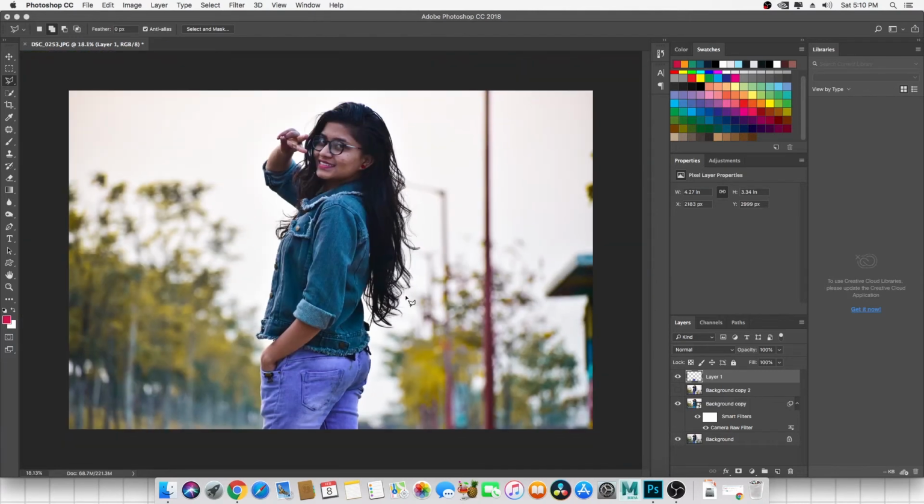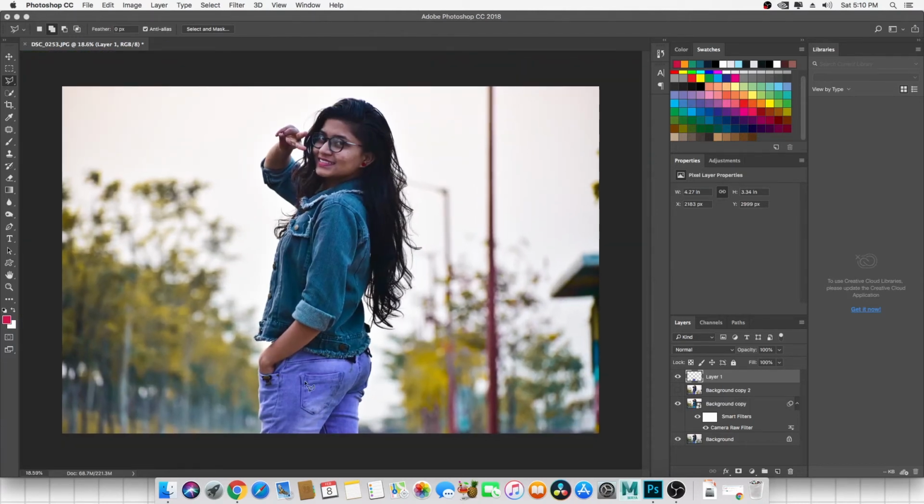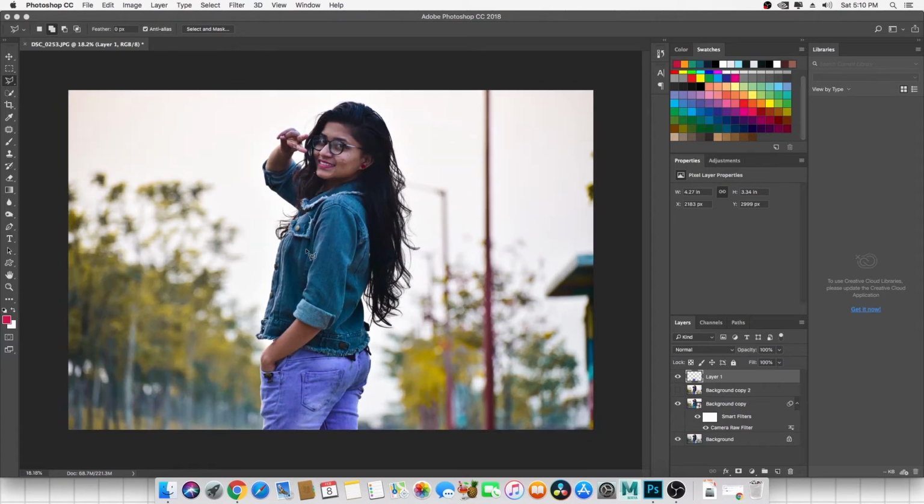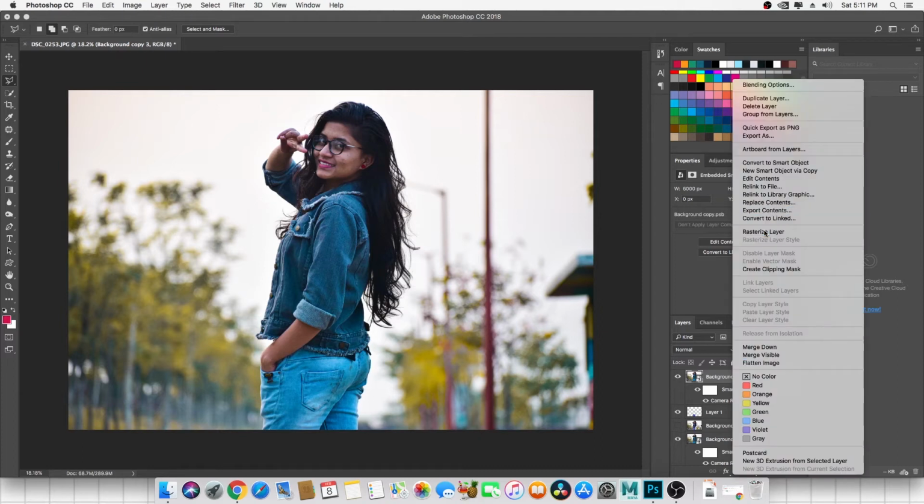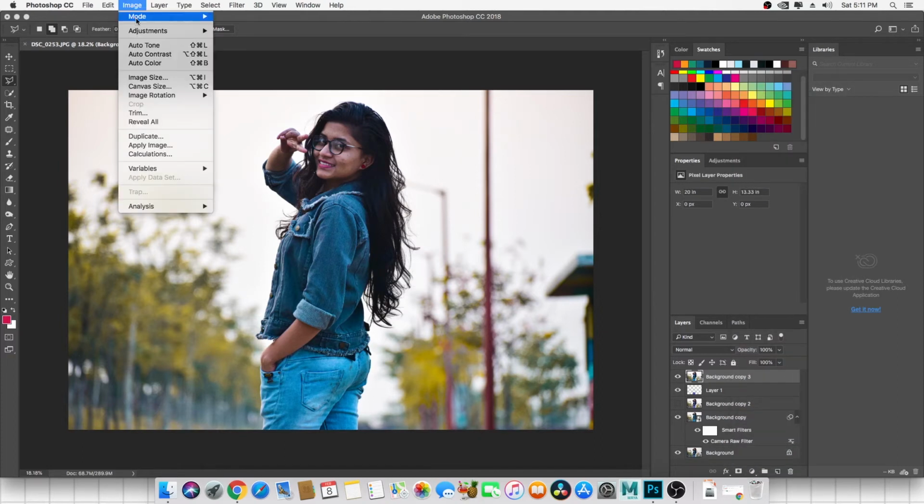And as you see, the color of the pants is what I want, and the color of the jacket is changed to cyan, which is looking quite good. So to me, I think the photograph is quite good, but I need to make some more changes. So I'm going to the background layer, the last layer, pressing Control J to duplicate it and putting it on top of the layers, and I'm going to rasterize this first of all. Now I'm going to Image Adjustments.